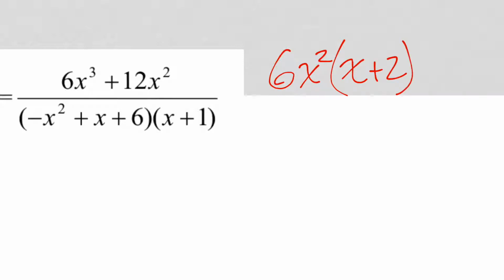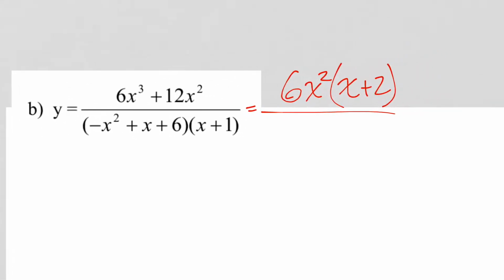Does that do it? 2 times 6x squared is 12x squared. X times 6x squared is 6x cubed. Over, what about that denominator? Denominator, gross. Pull that negative out. Disgusting. And then we can say we're left with x squared minus x minus 6, which is much prettier, because